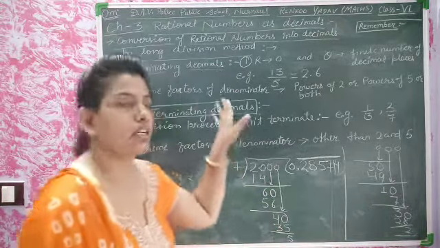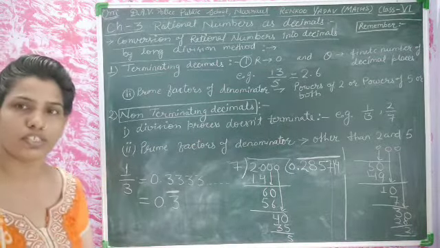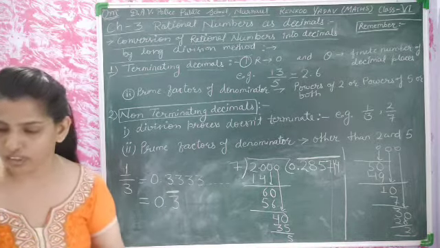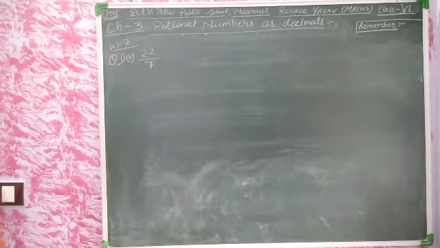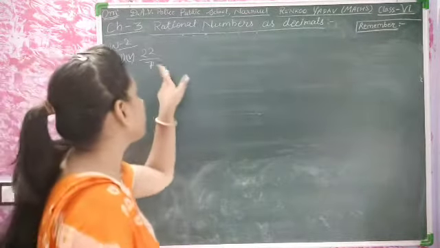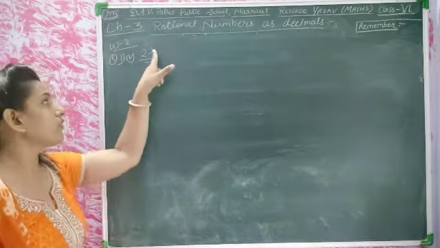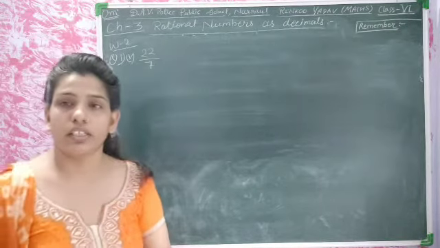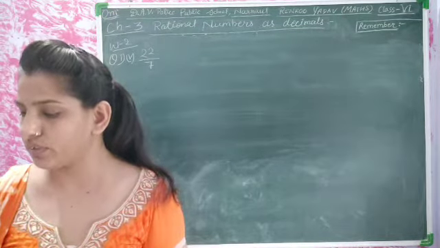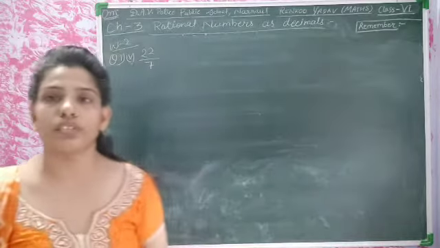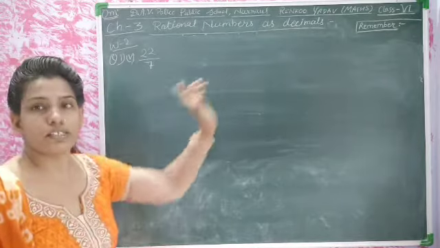Okay, students, this will confirm here terminating and non-terminating decimals. I hope you have understood all the questions here and there is no problem. Okay, we will do here worksheet 2. Now students, we are having here worksheet 2. In worksheet 2, there is question number 1 and part 5. In part 5, there is the number 22 by 7, and we will express the following numbers as decimals by the long division method. By doing the long division method, we have to represent it in decimal form.